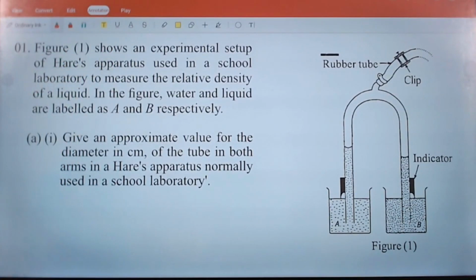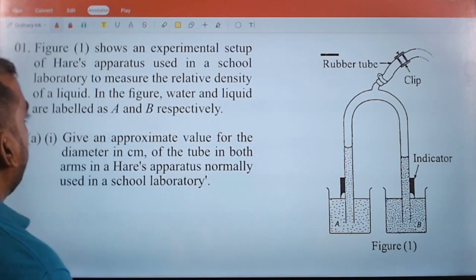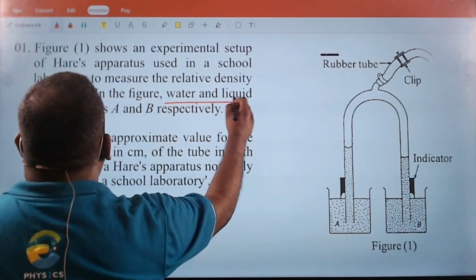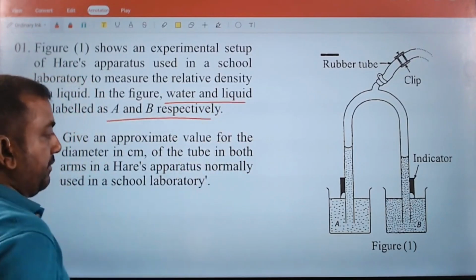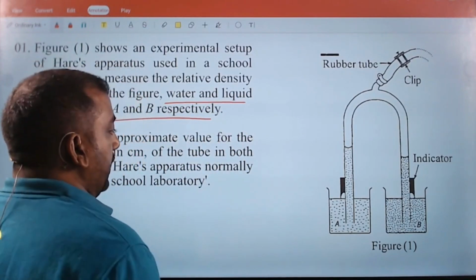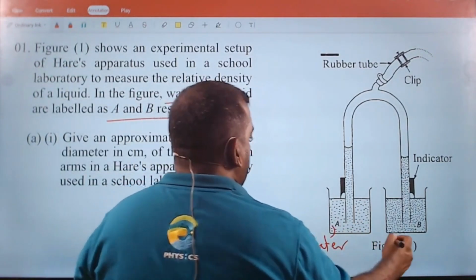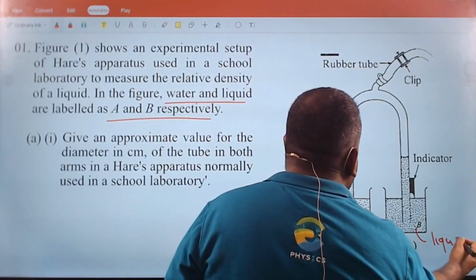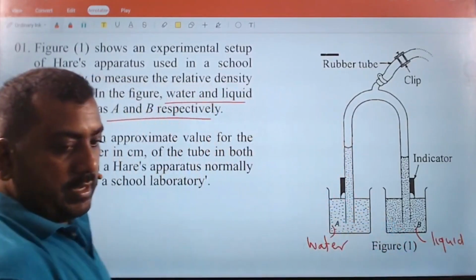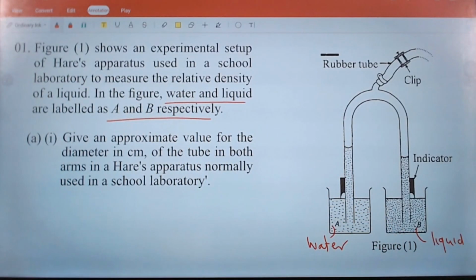The figure shows an experimental setup of Hare's apparatus used in a school laboratory to measure the relative density of a liquid. In the figure, water and liquid are labeled as A and B respectively. So these are water, these are liquid. Right. Water and liquid. Give an approximate value for the diameter in centimeters